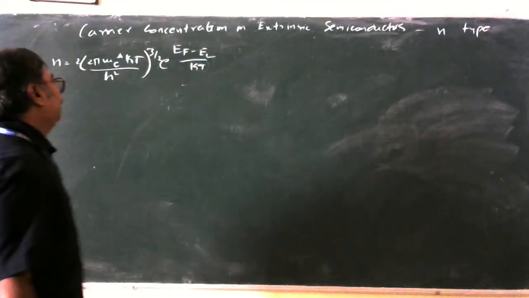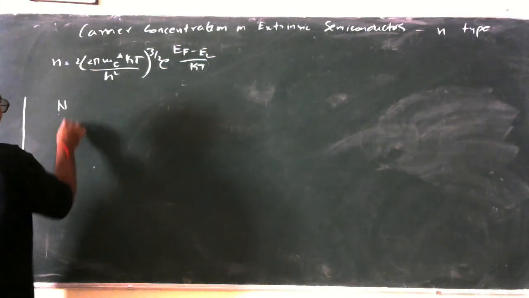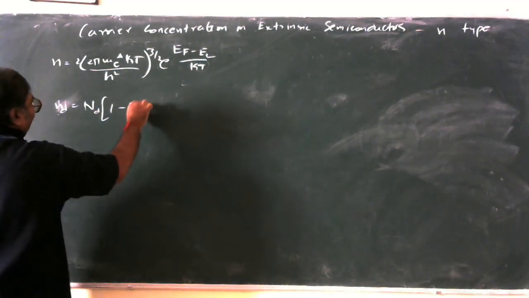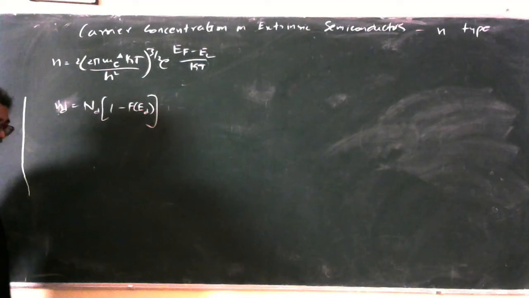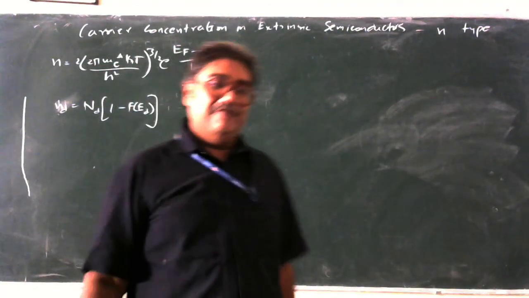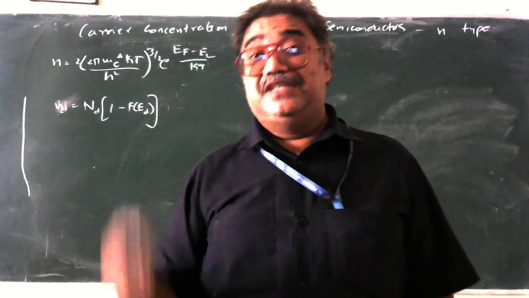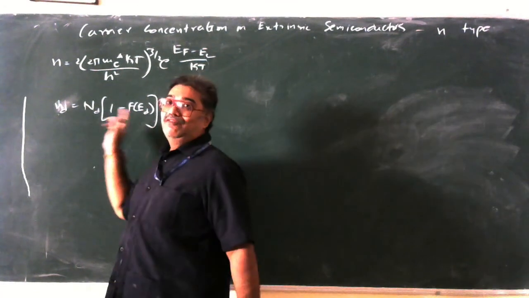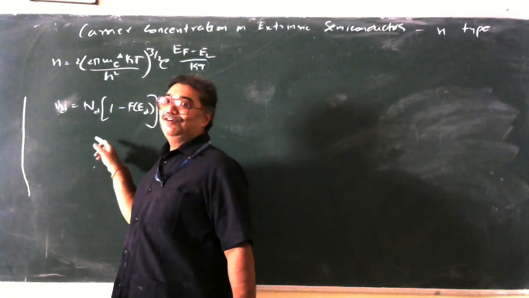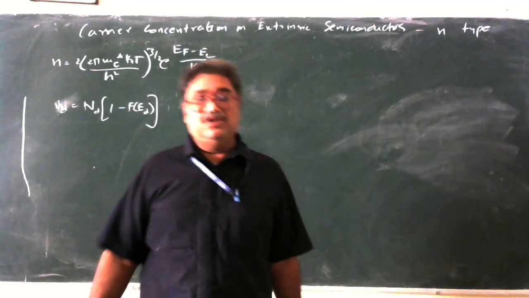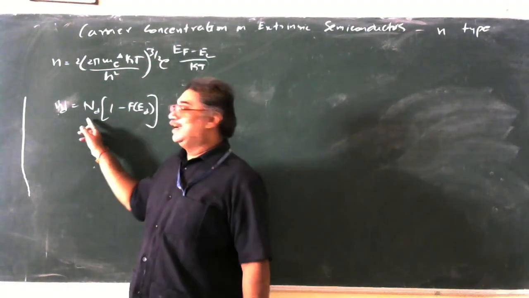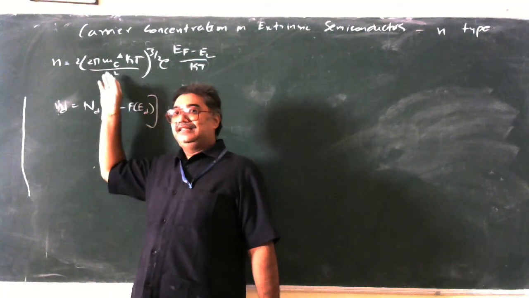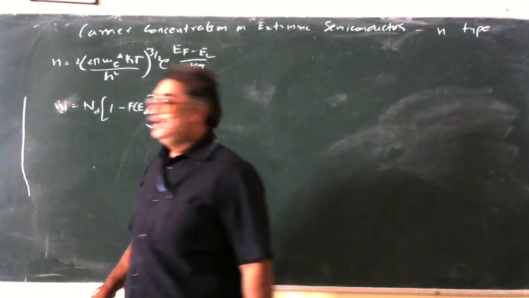How do we write the absence of electron? It is given by Nd into (1 minus f of Ed), where f of Ed is the Fermi function at the donor level. So 1 minus f of Ed is the absence of the electron, which we call a hole. And where are we getting these holes? In the donor atom, arsenic, the pentavalent atom. These electrons absent here are present in the silicon semiconductor, and therefore both are equal, so let us equate these two terms.